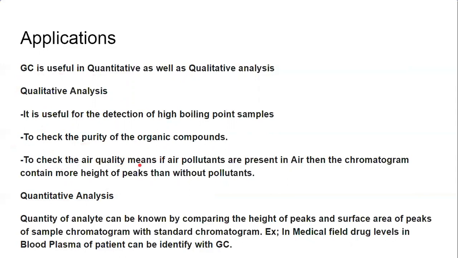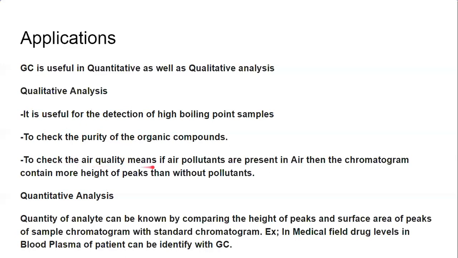To check the air quality, the major advantage of this chromatography is that we can introduce the gaseous sample also. In previous techniques, we took the solid compound sample and dissolved it in a suitable solvent. But in this technique, we can directly use any gas. For example, we can check the air quality. The pollutants present in air are in a gaseous state, so we can directly introduce the gases into the column, and thereby analyze the components present in the gas.